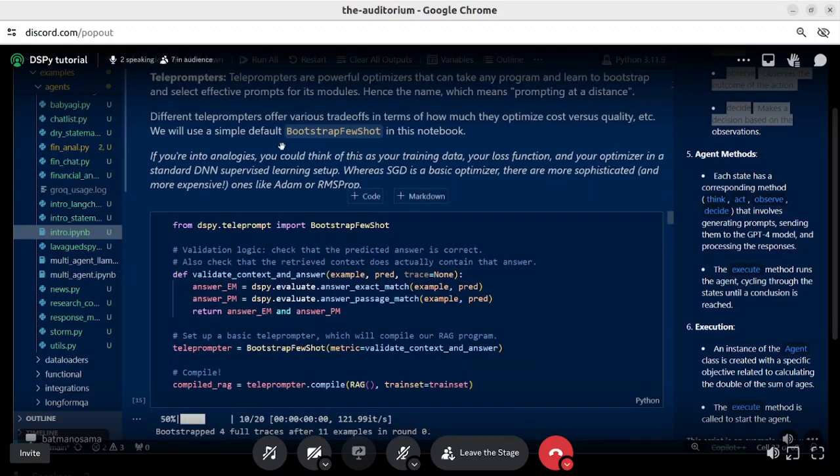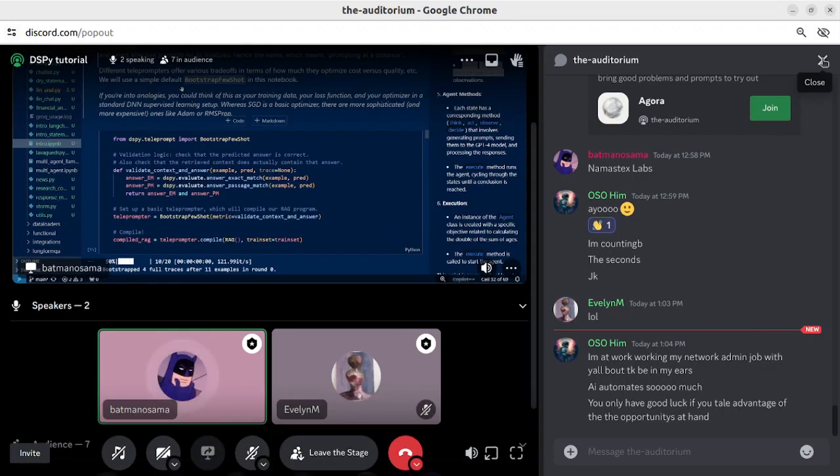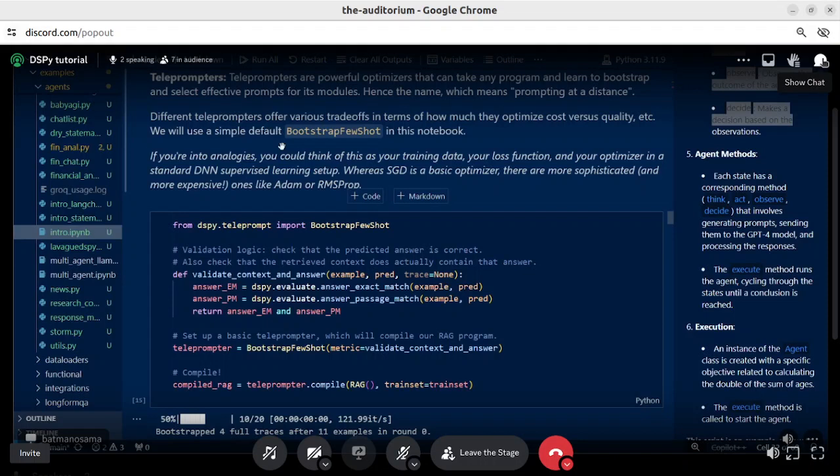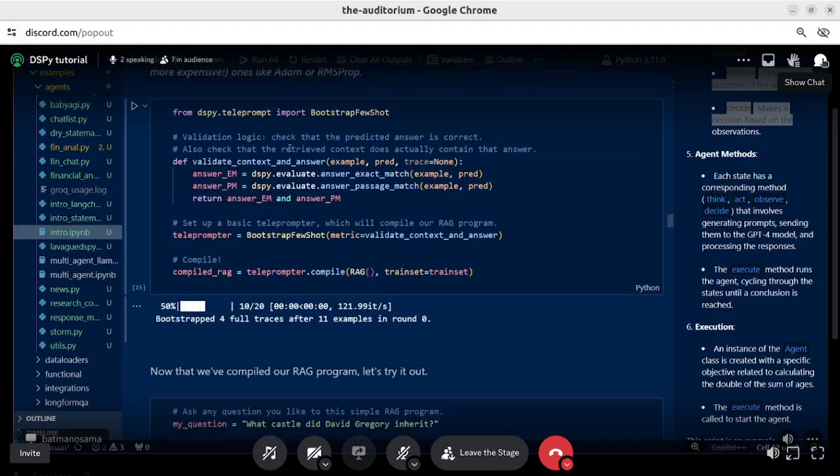So in analogies, you could think of this as your training data, your loss function, and your optimizer in the standard DNN supervised learning setup, whereas SGD is a basic optimizer. There are more sophisticated and more expensive ones like Adam and RMSprop. All right, so we're going to show how just using the basic bootstrap few shot is able to use this